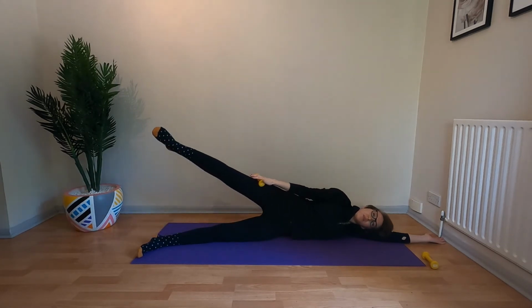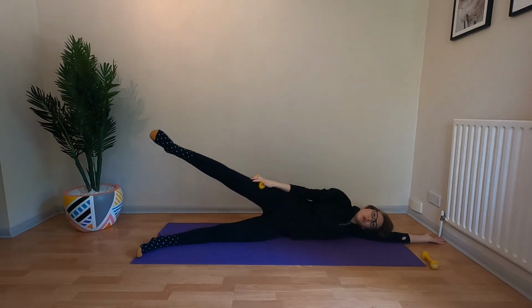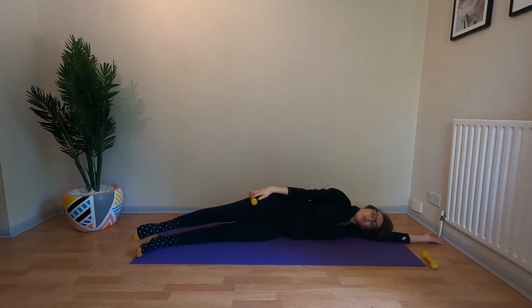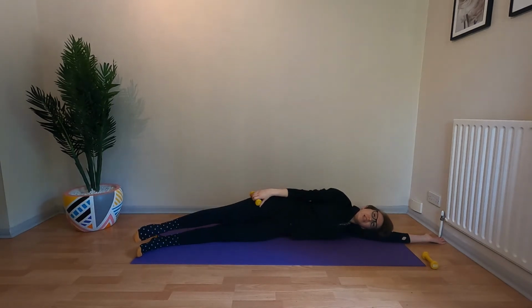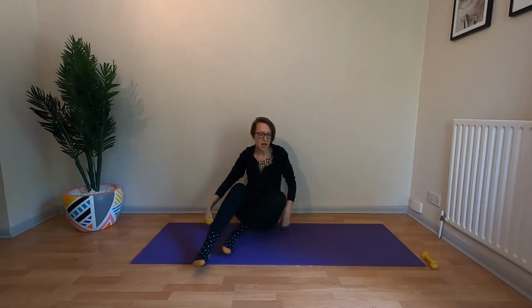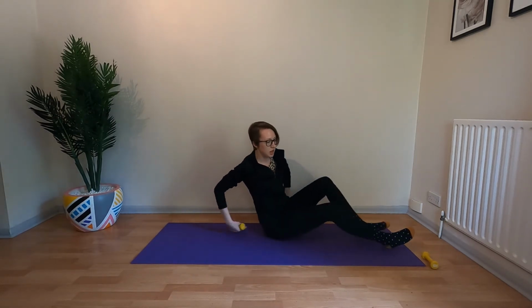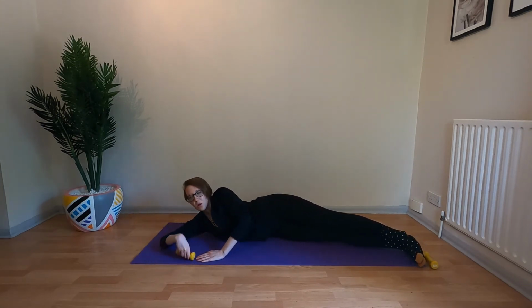Going again, lift, keep your waist lifted. Don't let your hips move. Let's go 2. And last one. And lower down. Good, hugging in. Let's switch over to the other side. So again, you can have your feet slightly closer to the front of the mat, lowering all the way down